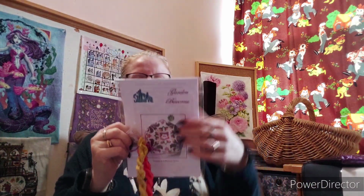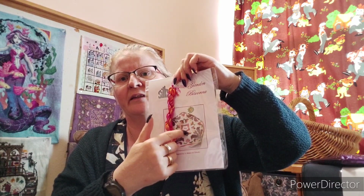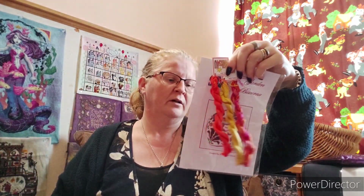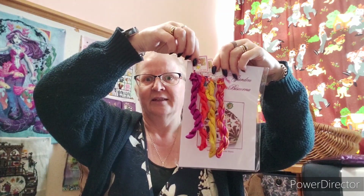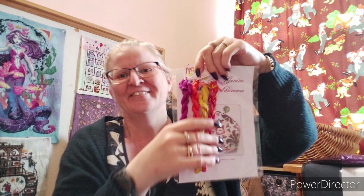I told you, spoilers. Now, if you're watching this, day 4, I told you spoilers. I said variegated was number 1, which is the long line border, and I think in those bits as well. Number 2 was going to be gold. Ta-da! 2 is gold. 3 was going to be orange. And 4 is purple. Now, if you want more spoilers, you'll have to go back to day 4, because I'm not going to tell you what the other 2 colors were. All right, so